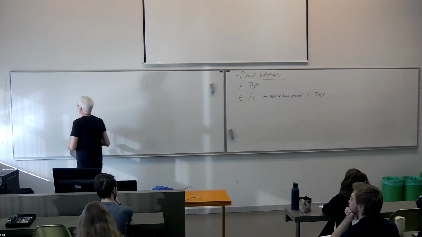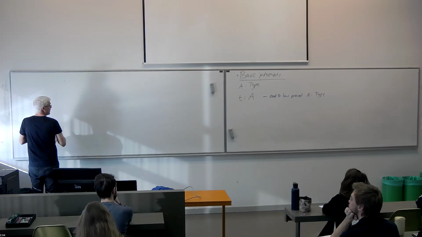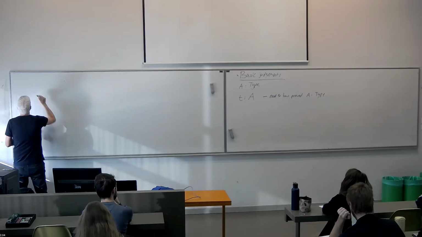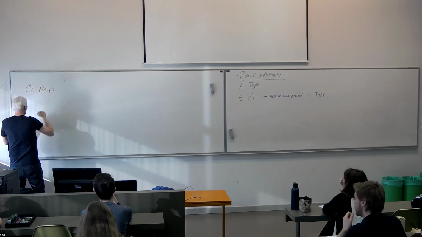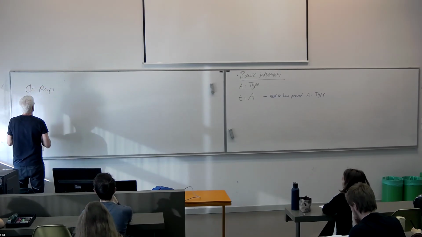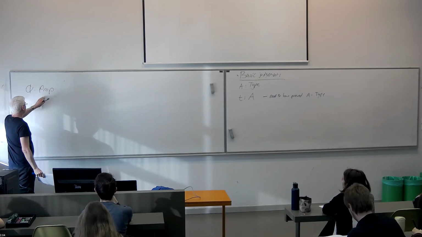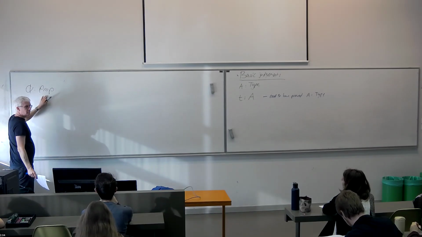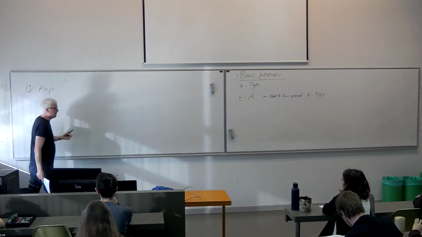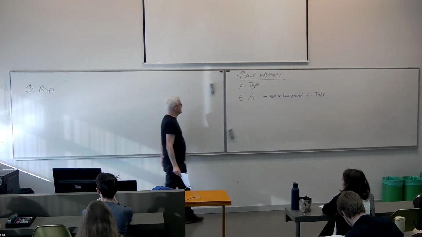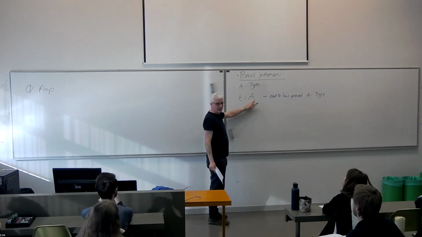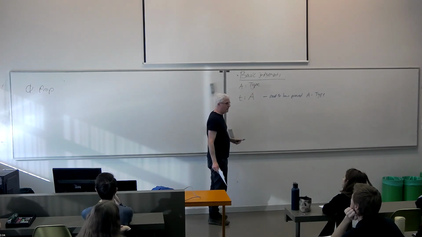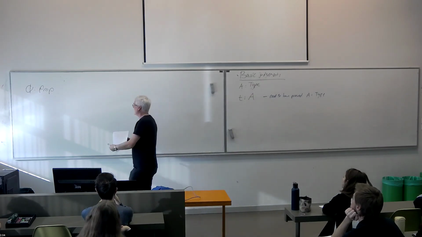So we had for that another judgment form, phi prop, and phi is a proposition. But this is a derived judgment form because Prop, at least in our formulation, is a type. So Prop is something that we can have an A for, and then phi is just a term of type Prop. Okay. So this is an instance